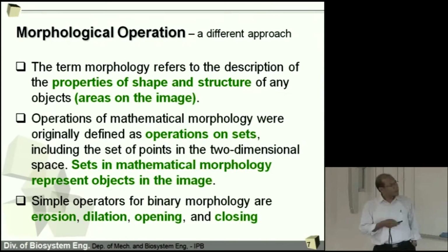The term morphology is to analyze or get a description of the properties of shape and structure of any object. And in image processing, it becomes the areas on the image. The operation is very much the same as mathematical, because an image is actually a two-dimensional array of data. So we can treat an image as two-dimensional data, and we can do some operations on that data. The famous ones, and maybe you have heard many times, about binary morphology, are erosion, dilation, opening and closing. This is very commonly used in shape